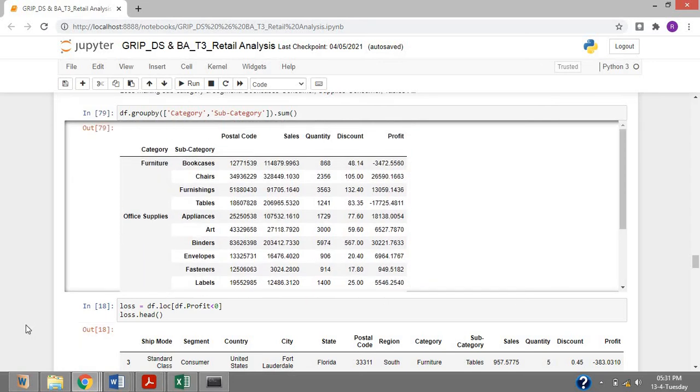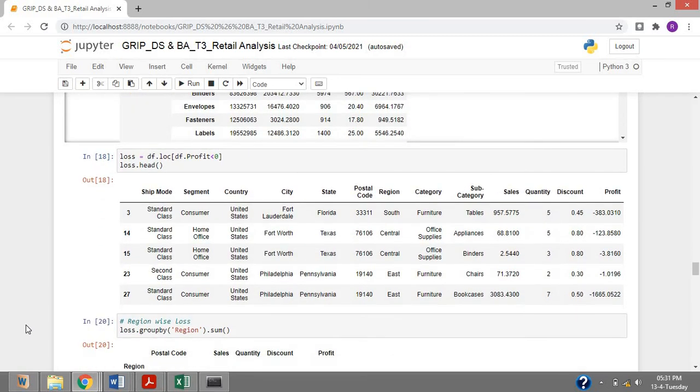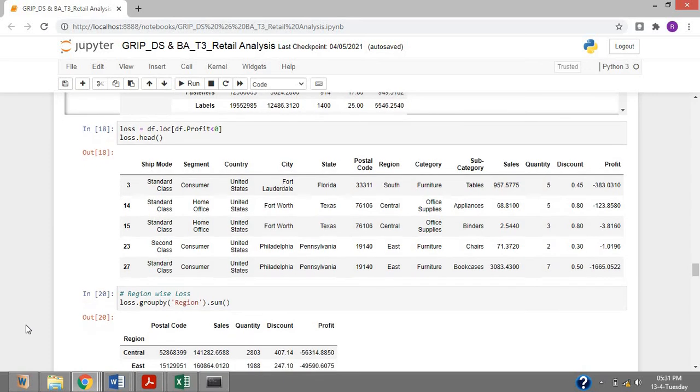So next up we are going to find the region wise distribution of loss. So how do we do it? From the original data frame we put a filter. In the profit column we only get those values which are negative, and inputting that to the actual data frame using dot loc will give only those values where the profit is negative, and we are storing that under the data frame named loss. We are checking the head of it. So here if you see, all the profit columns are negative.